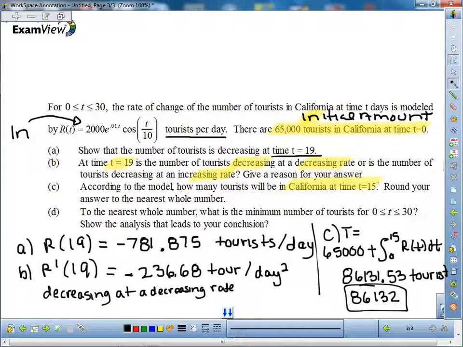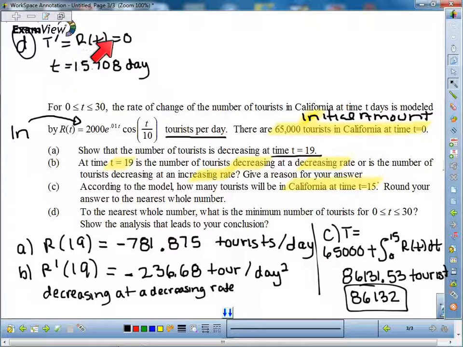Part D asks me to show, to the nearest whole number, the minimum number of tourists. So we need to find where the minimum value occurs. What we're going to do is take our total number and take the derivative. The derivative of 65,000 is 0, and the derivative of an integral goes away, and I'm just left with r of t. So we set that equal to 0, and using our calculator, we're basically finding the zero. I graphed this on my calculator and found out where it was 0. So that was at